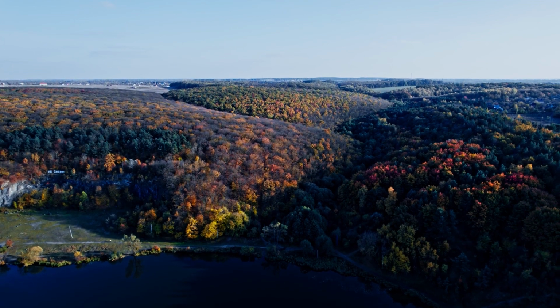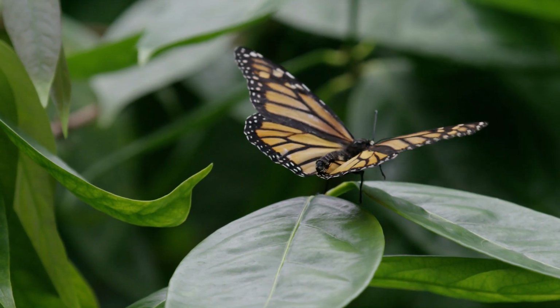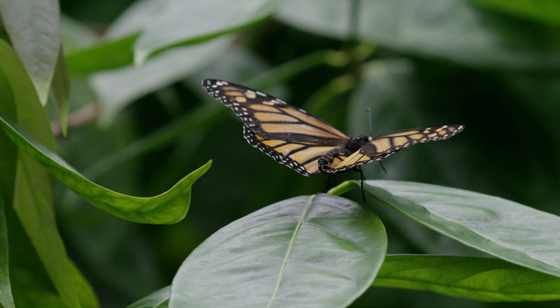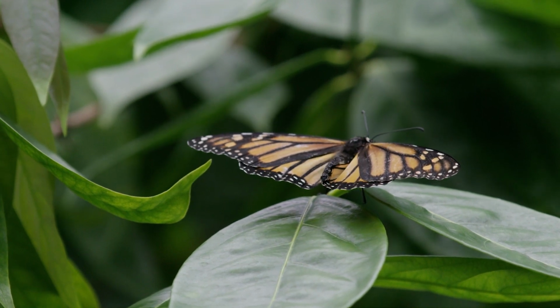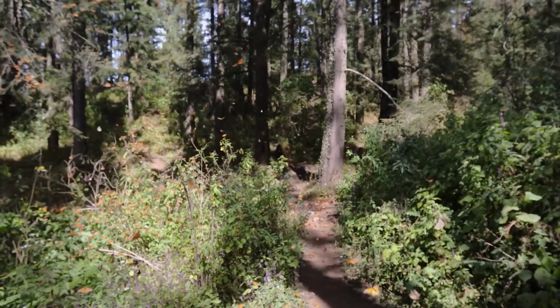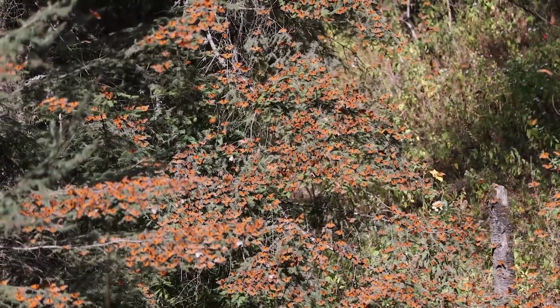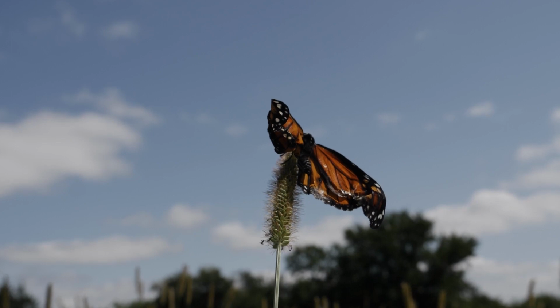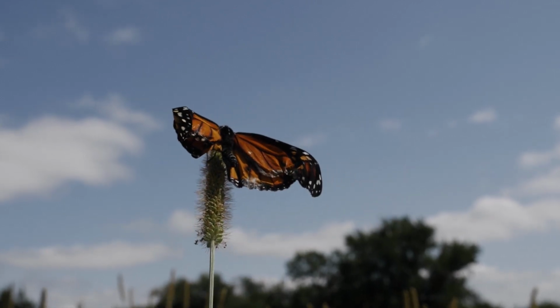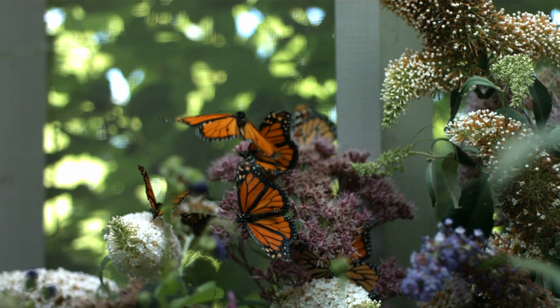Every fall, the skies along the North American continent play host to one of nature's most mesmerizing spectacles, the migration of the monarch butterfly. These delicate creatures, weighing no more than a paperclip, undertake an epic journey of up to 3,000 miles from the cooler climates of the United States and Canada to the warmer environments of central Mexico. This incredible voyage is not just a feat of endurance, but a mystifying example of generational memory, as the butterflies